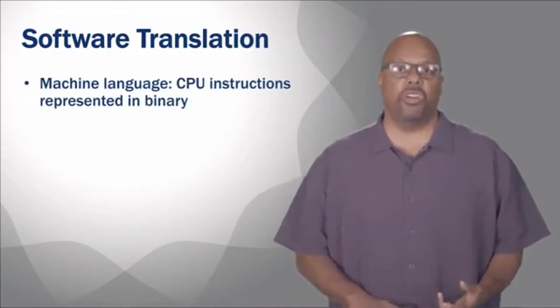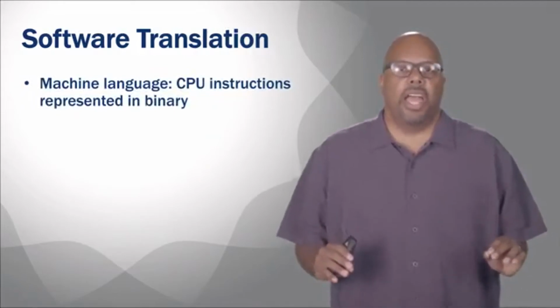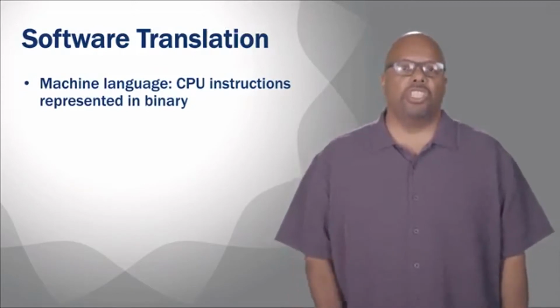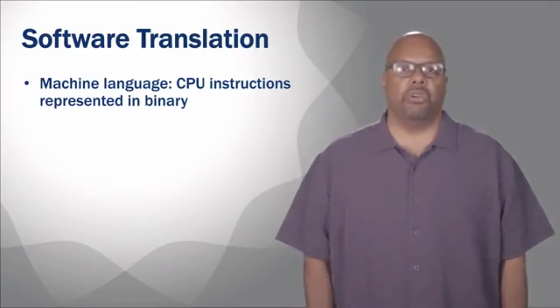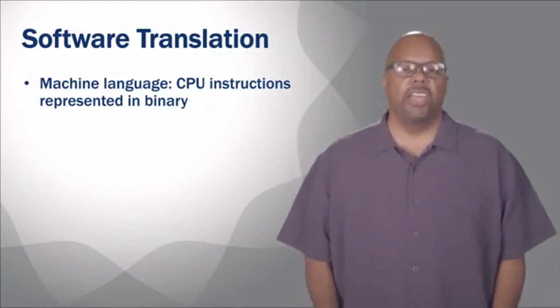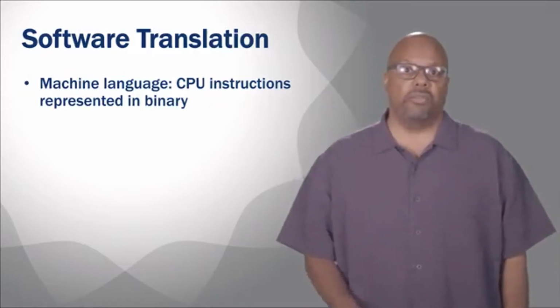Machine language is the lowest level language, and it's directly executed on the CPU, on the processor. The machine language instructions are very straightforward and simple. Add, multiply. Add might add two register contents and put the result in another register, something like that. Very small steps, each machine language instruction. And this runs directly on the processor.